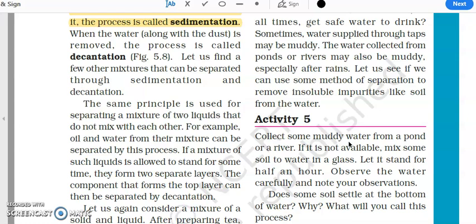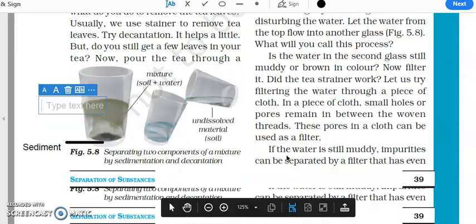Take the upper part, the liquid that you have tilted and decanted, and observe it. Is it completely clear? No, it is still dirty. So this is the diagram.